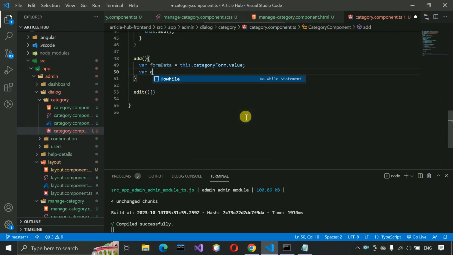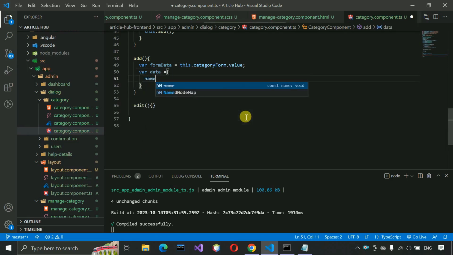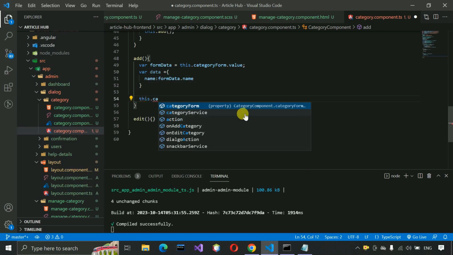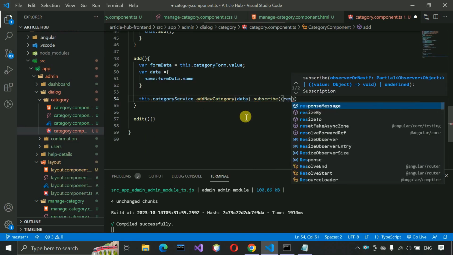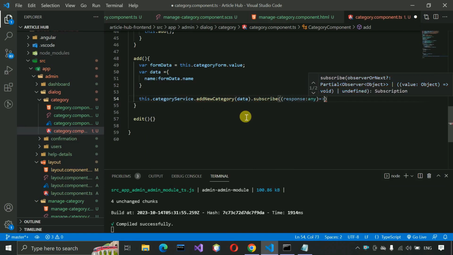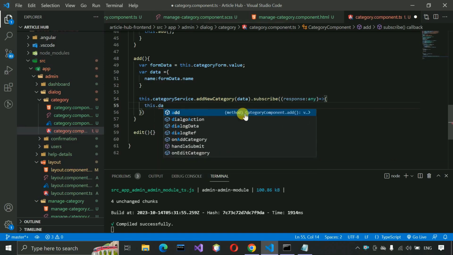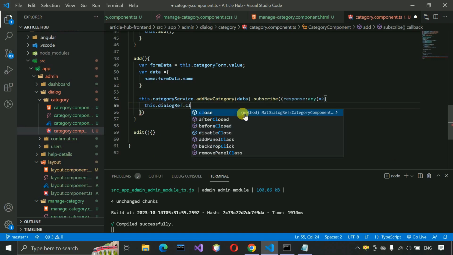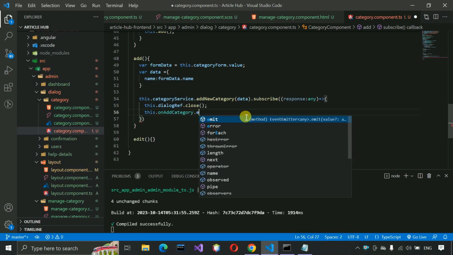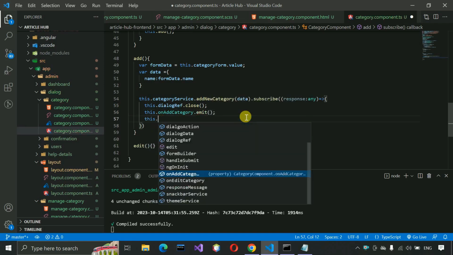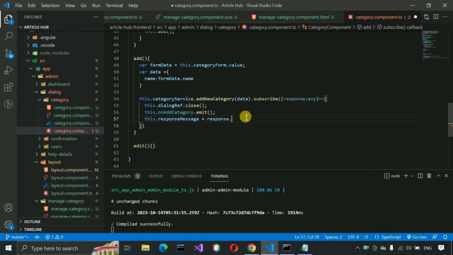and here we have to write name: formData.name, and this.categoryService.addNewCategory, and here we just need to pass the data, and .subscribe this one, and response any type, and here this.dialogReference, we are accessing to close the dialog, and this onAddCategory, we need to add category, and then we have to emit it,